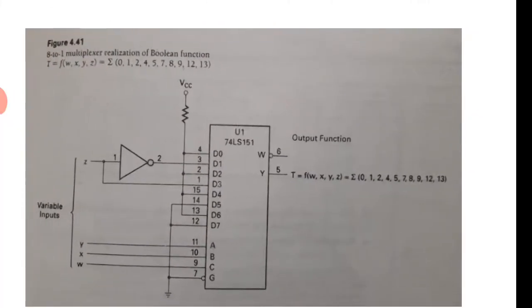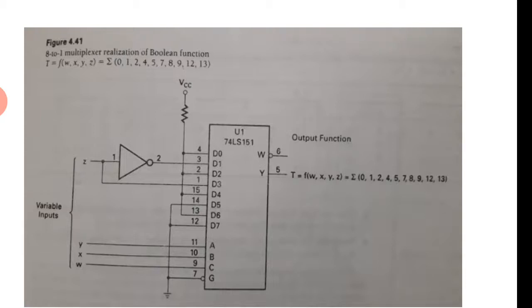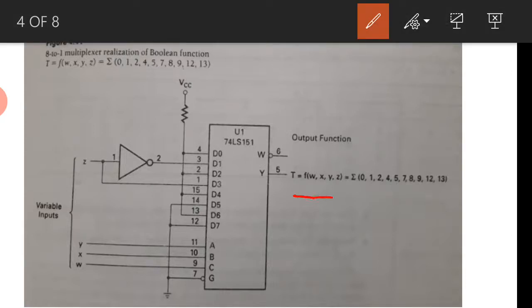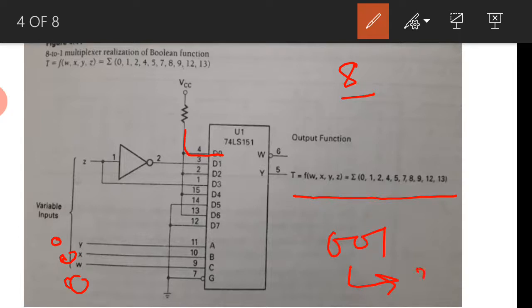The same thing we can represent, as we have seen earlier for 4 variables. Now, instead of the 16 outputs, it is reduced to 8. So what we have observed now is, if w, x, y is 0 0 0, the expected output is 1, so D0 is connected to 1. Next, for 0 0 1, as we have seen, it is z bar.